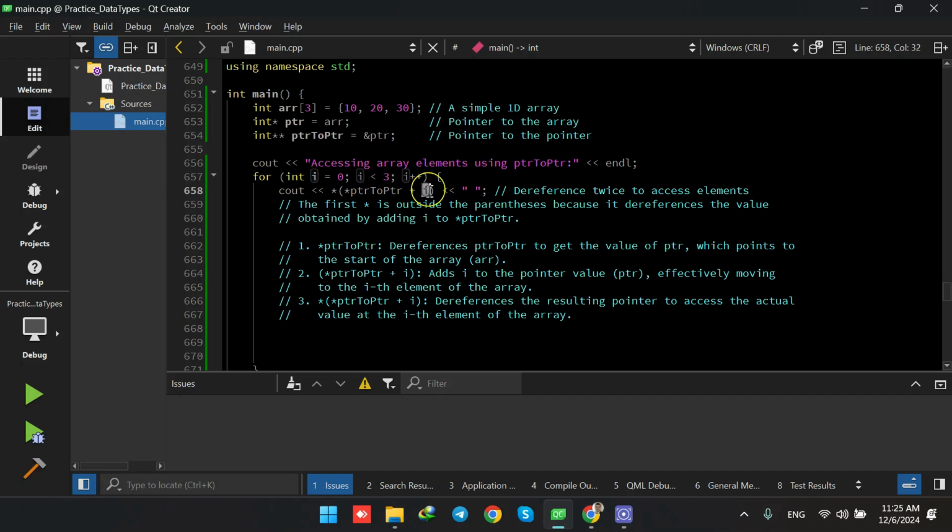So it dereferences the resulting pointer to access the actual value of the ith element of the array. So when I equals 1, this line is first pointing at and dereferencing the first pointer, and we are adding the I. Now I equals 1, so this one is pointing at the second element, and therefore we know that the result of this parenthesis is pointing at the second element, and then we are adding the second star here, or the first star before the parenthesis, to dereference the double pointer here,